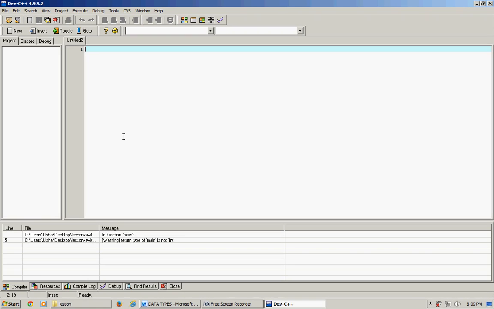Okay, today we are going to learn about the switch statement. You can use a switch statement to make decisions. I'm going to show you an example. It's going to be a restaurant example,